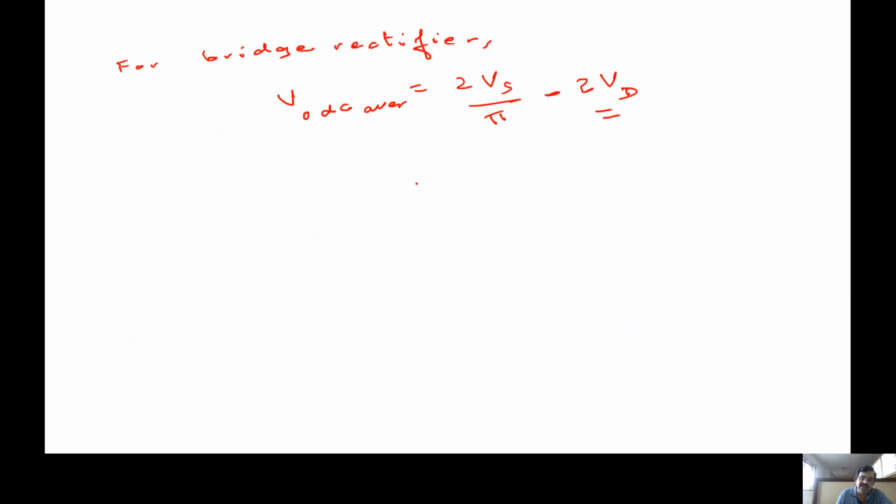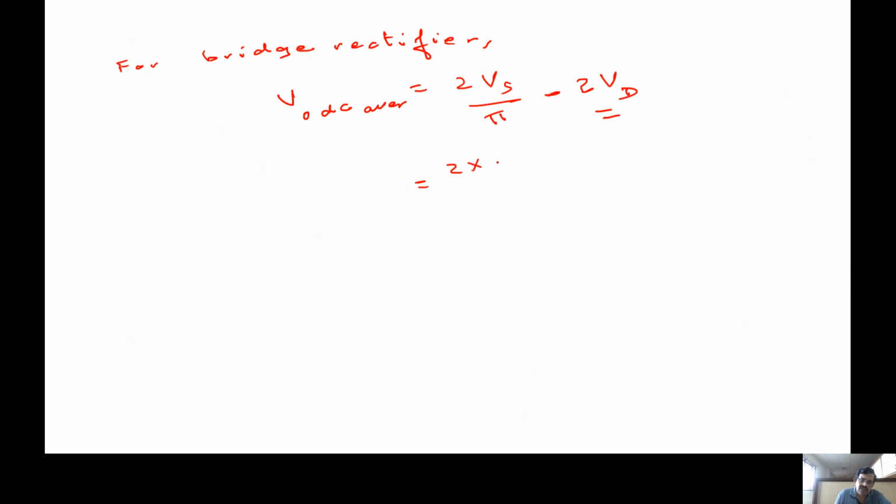If you look at DC average, I told you that because there is not one voltage drop but twice the voltage drop, there is a slight output decrease with respect to the traditional full wave rectifier. In a traditional full wave rectifier, we saw V0 average is... Okay, let us first substitute what we get here, and then I will compare that.